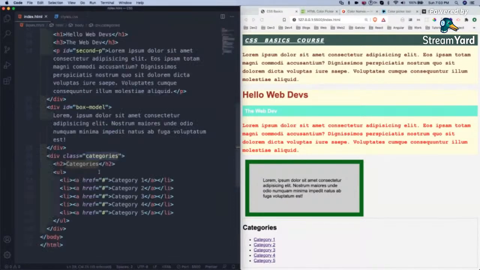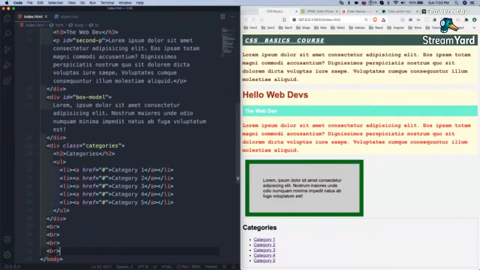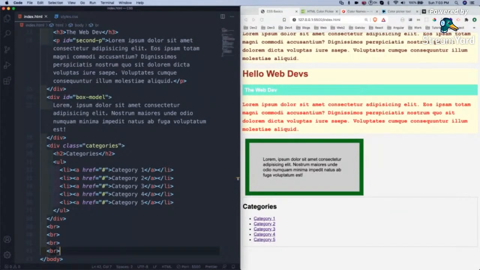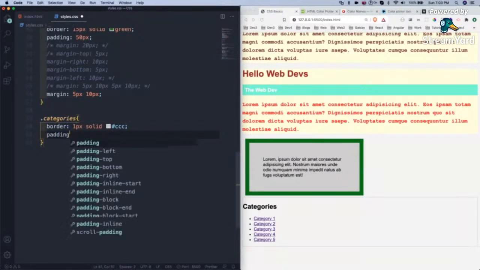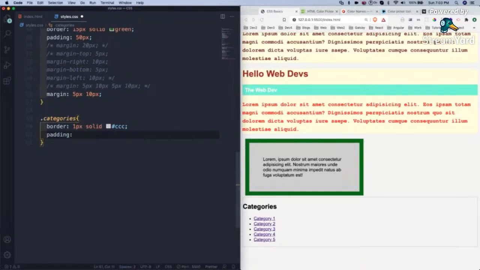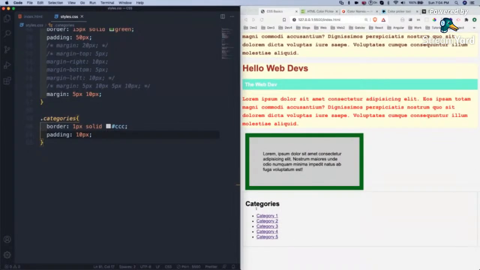Let me have something after this div. Let me do the trick which we had done yesterday. Break row. If I give some break row, what happens? Some space comes after this because break row has been done. So you can see it better. Then padding is 10 px. So the padding was applied,